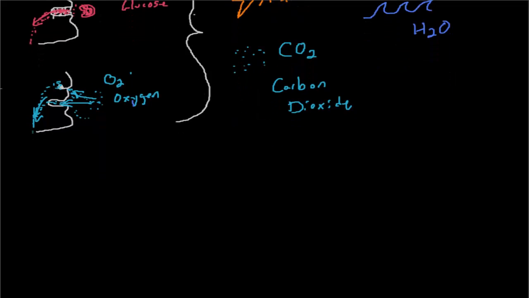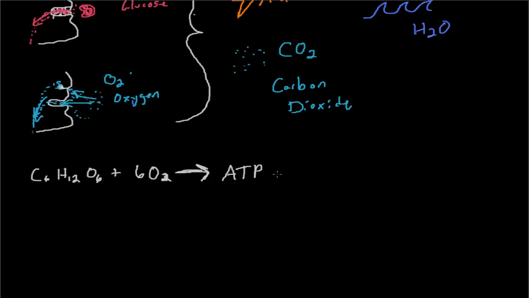So what's the formula for this look like? Well, it looks like glucose. If you remember, glucose is C6H12O6 plus good old oxygen. You're going to take in 6 molecules of oxygen. And on the other side of this reaction in your cell, this is all in your cells, you're going to end up, that's a 2 by the way, you're going to end up with